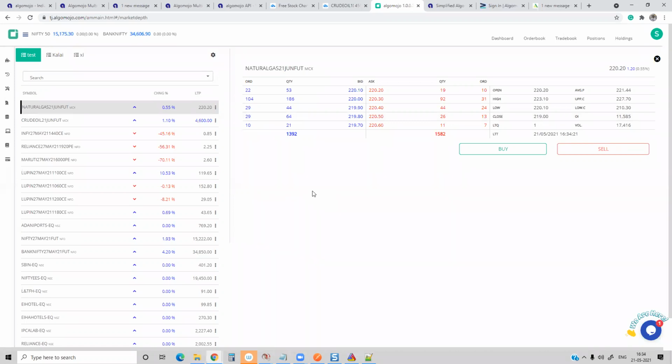Dhaval is asking how to place orders with indicators. As I said, first of all, you have to convert that indicator into a strategy. Straight away from an indicator alone, can I create a strategy? If you ask me, yes, it is possible with some sort of scanner. I'll come to that point later, where from indicators you can also configure automated trading using scanner methodology. But that is not a recommended way.